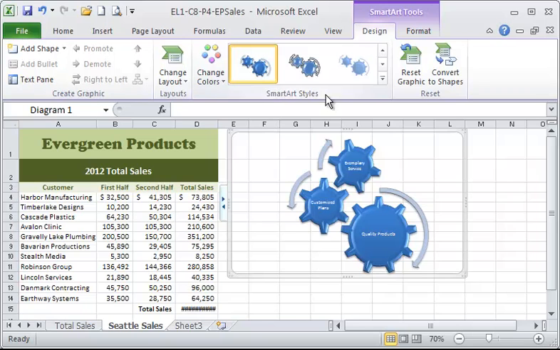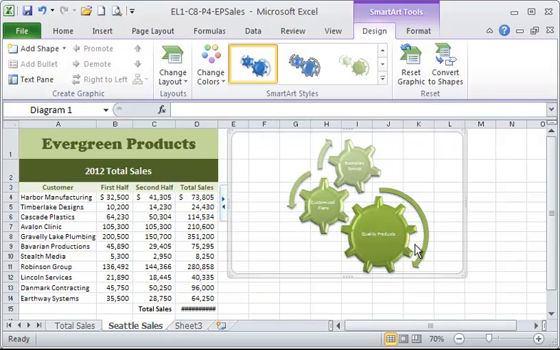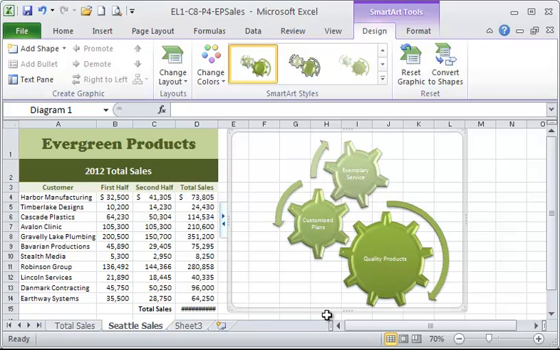Again, from the Smart Art Styles group, change colors. And we want the gradient range accent 3. Slightly different colors of green, but get the idea. Okay. This time, in addition to changing the colors and the style, we also want to change the height and